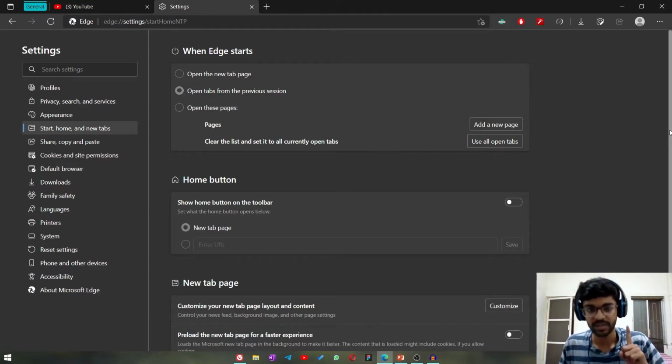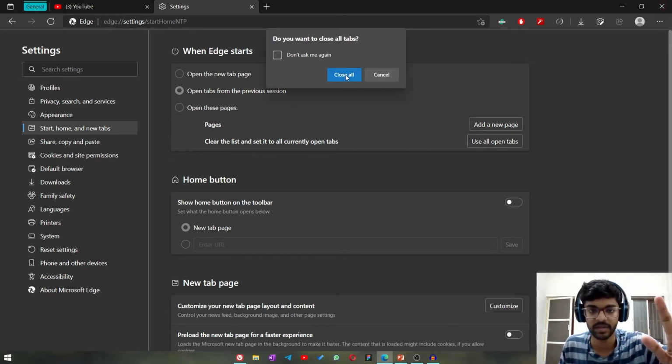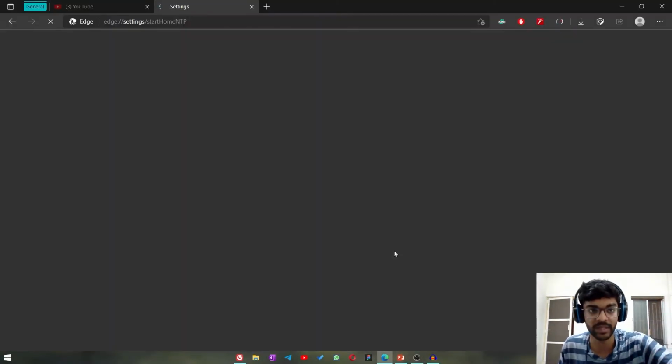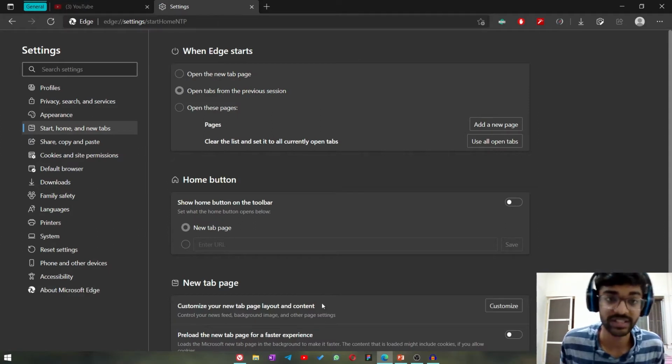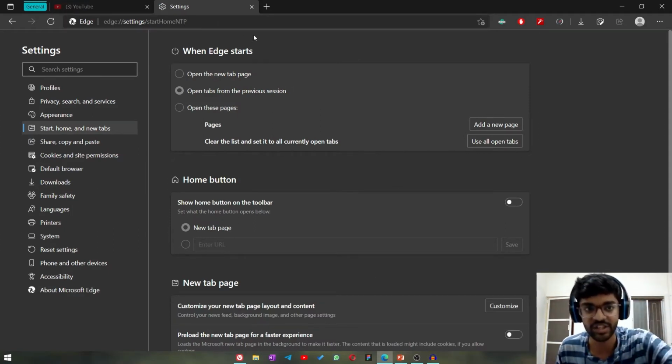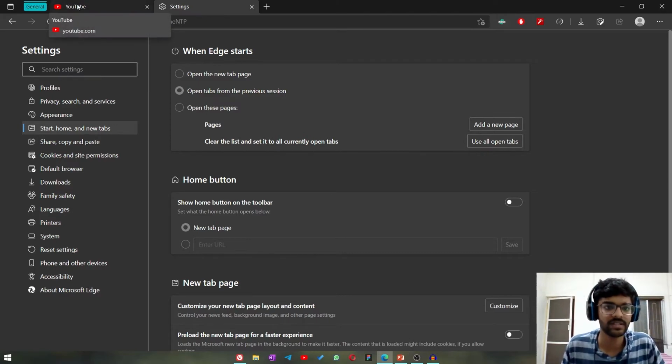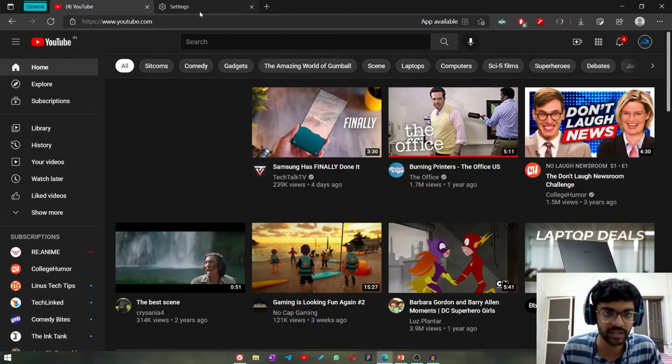Now if you select this option, I'm just going to illustrate what that does. Close all, and then I'm opening it again, and now the settings which was highlighted initially is still there. If you notice, this has reloaded.